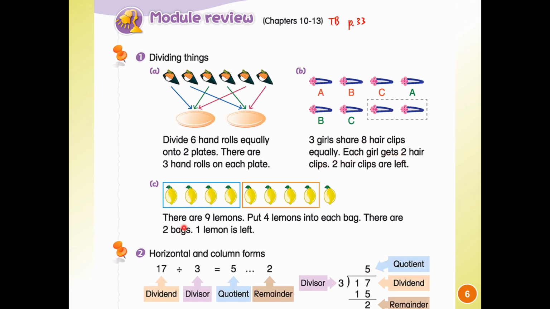So for part C, there are 9 lemons, and then we need to put 4 lemons into each bag. So simply we can circle 4 lemons as a group, and also we circle another 4 lemons as another group. So we have 2 bags here, and then 1 lemon is left. So by circling the number of items in each group, we can also divide the things